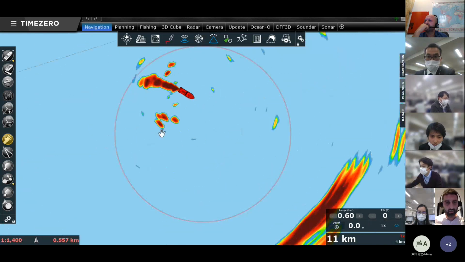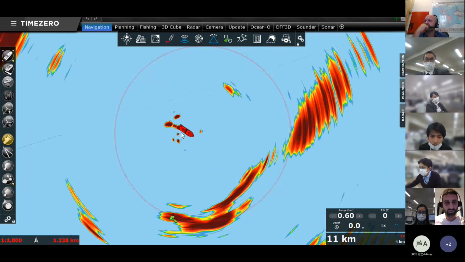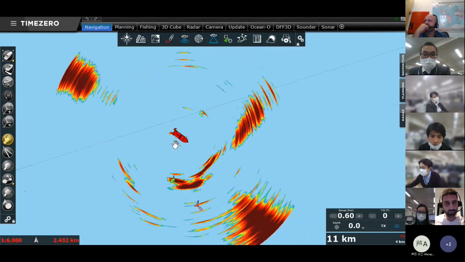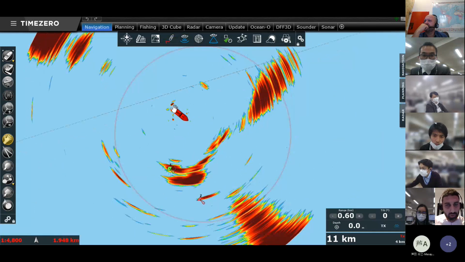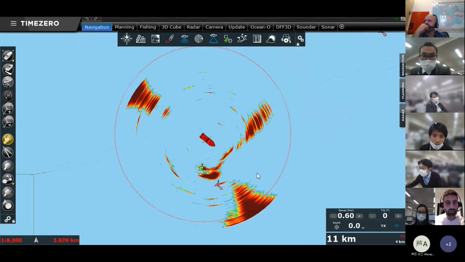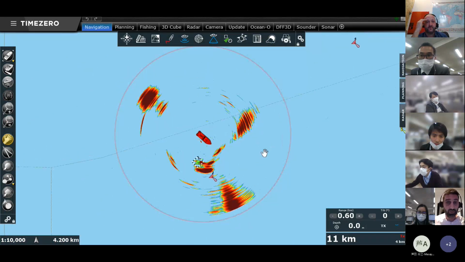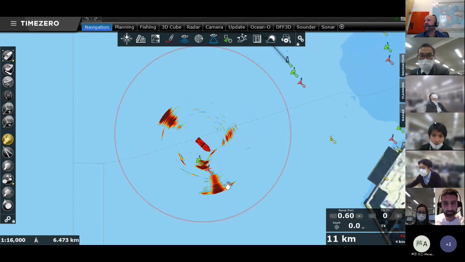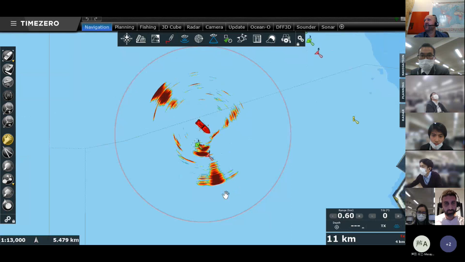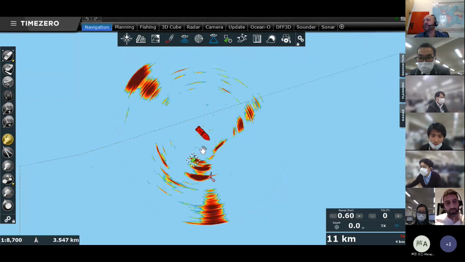Yes. Together with Sonar? We don't see it here well because there is no target, because you're navigating, so you don't see the radar picture, but I believe you can overlay both radar and Sonar. Fred, correct me if I'm wrong. I don't know if you can do it at the same time, but you can easily switch from one to another.